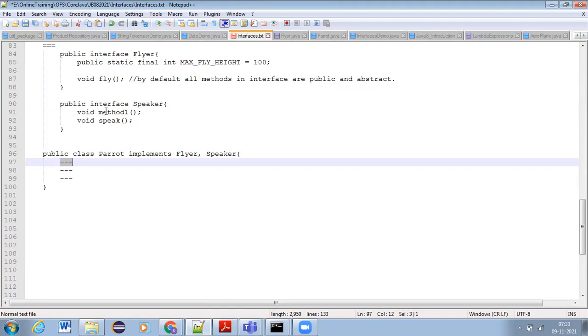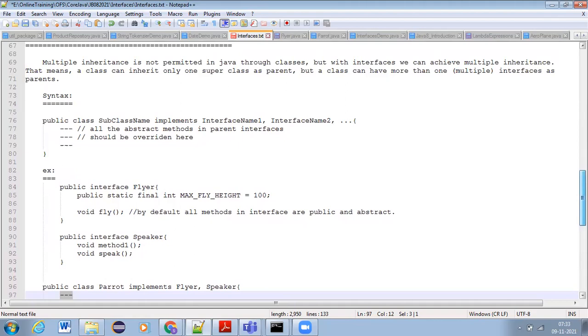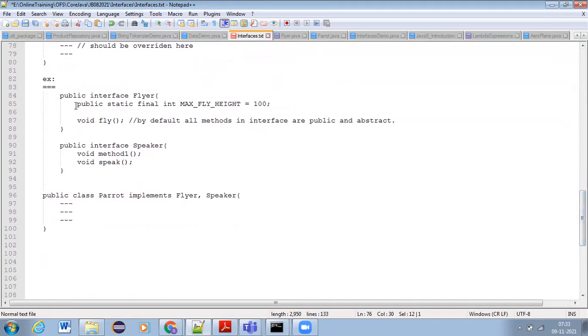So this point is very important, guys. Just remember, this is what the notes also say. All the abstract methods in parent interfaces should be overridden here in the subclass. That is what I said: if interface one has 50 methods and interface two has 50 methods, totally 100 methods, all those 100 methods I should write in the subclass. In our example, practically I cannot write 50 method declarations in each interface.